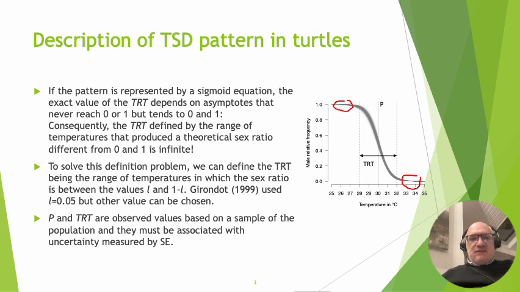It tends to 0 and 1, but it never reaches 0 and 1. Consequently, the TRT defined by the range of temperatures that produce a theoretical sex ratio different from 0 and 1